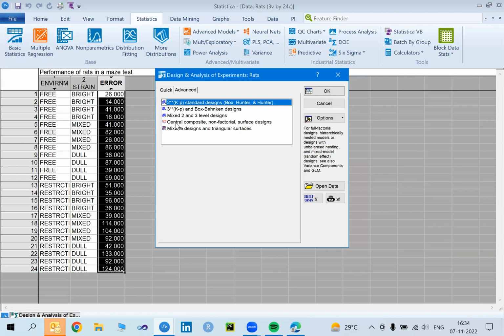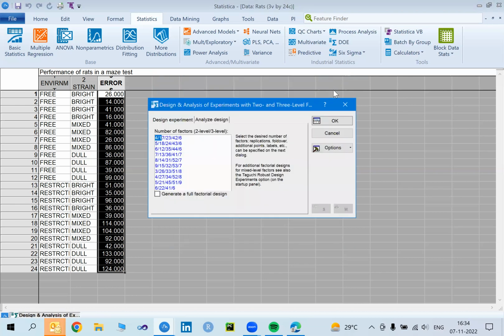This data is ideal for the mixed 2 and 3 level design, because in environment we have the 2 levels. Under the environment factors we have the 2 levels. Under the strength factors we have 3 levels, right? So this is a mixed 2 and 3 level design, and if I choose this design, right, as I was talking about, the design of experiment are